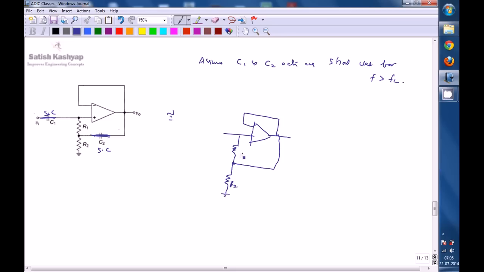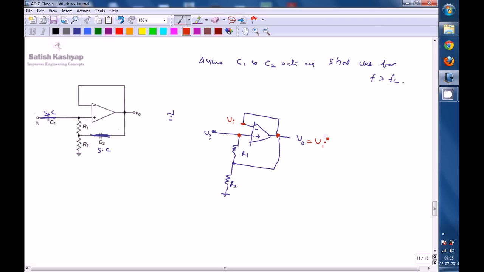R2, it is R1, and this is Vi, and it is V0. This is minus and it is plus. Now because of virtual short, the voltage at the non-inverting and inverting terminals are the same. The non-inverting terminal is directly connected to Vi, so the inverting terminal is also at Vi, which is shorted to the output node, so V0 is equal to Vi. That is nothing but it is now acting as a voltage follower,